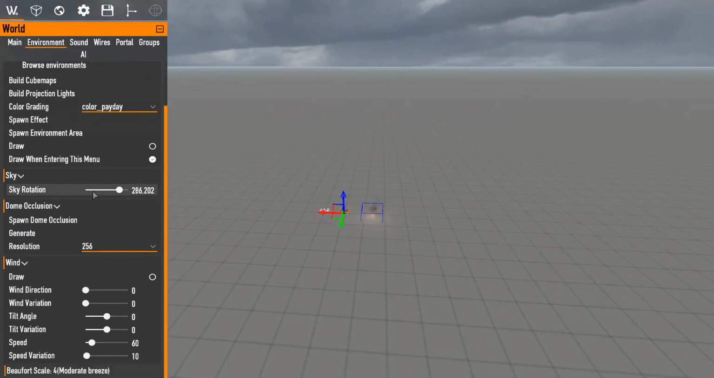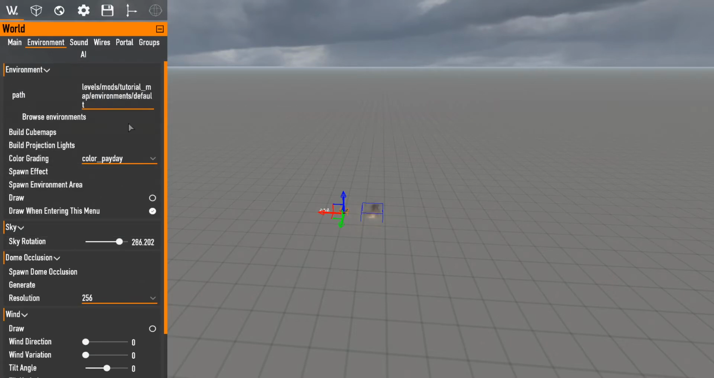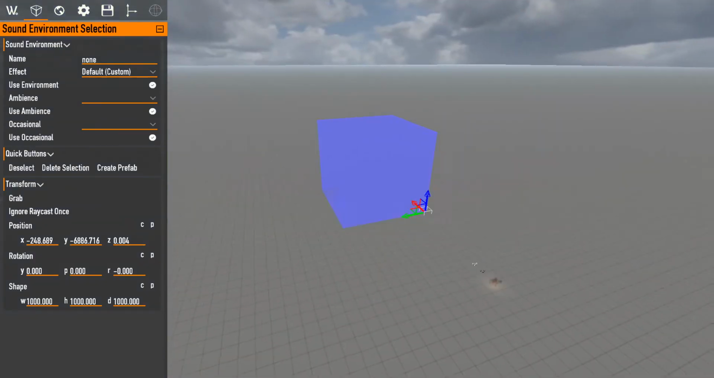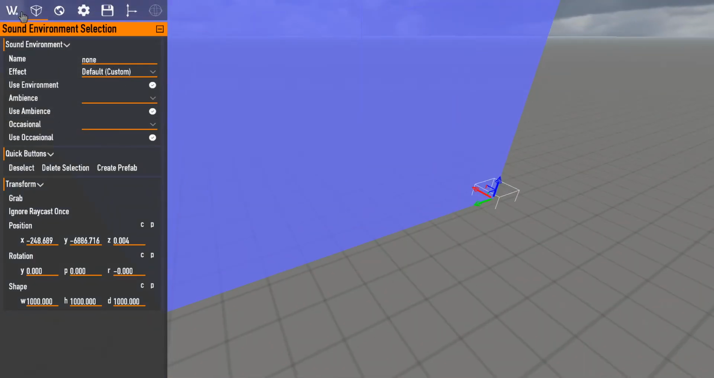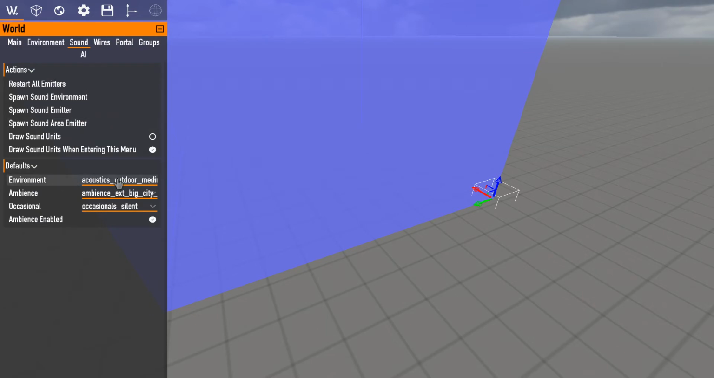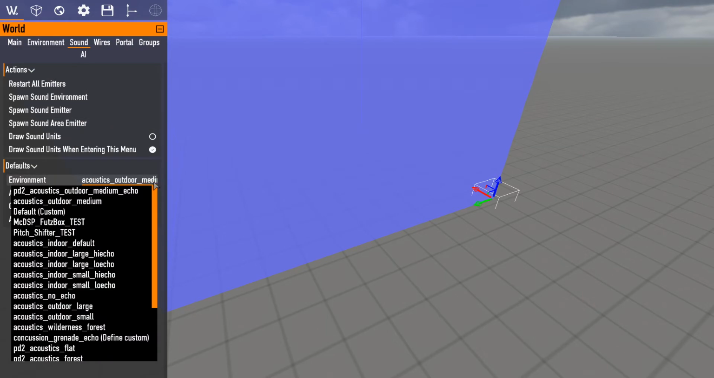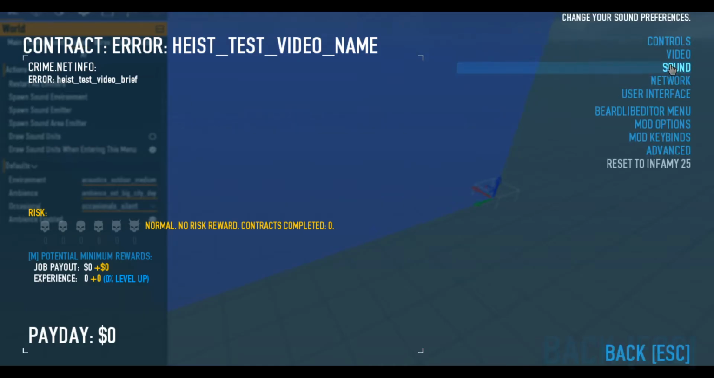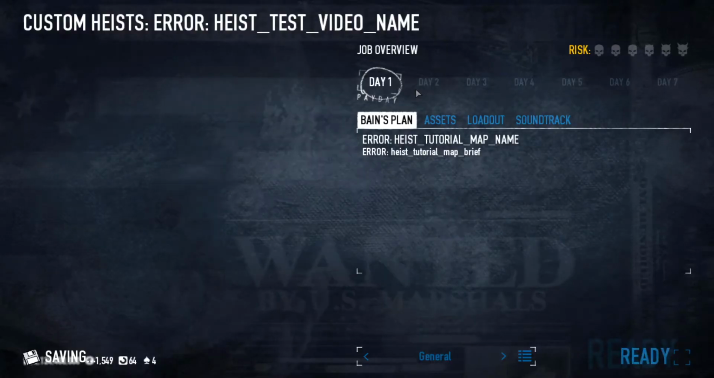There is also within here, where is it? Oh, it's in sound. Right. So we do these sound environments. This area, if we walk into it, it'll change the sound. So in here, we have some things like outdoor medium, big city, occasional silent. So if I turn up the sound, start the level,